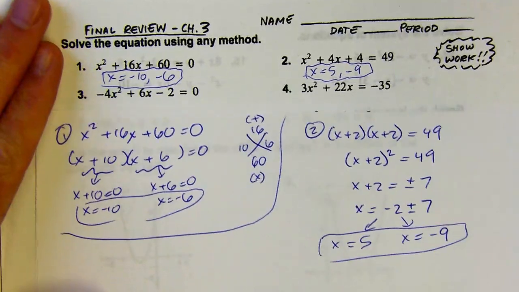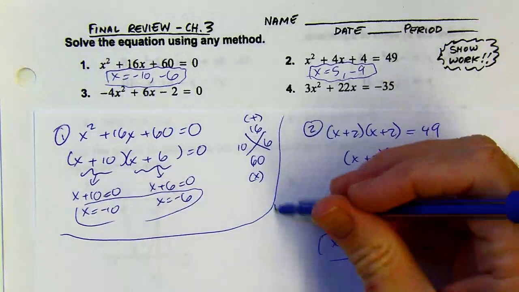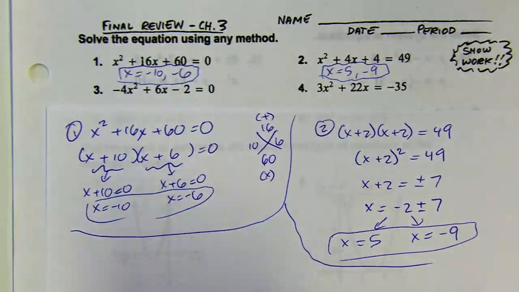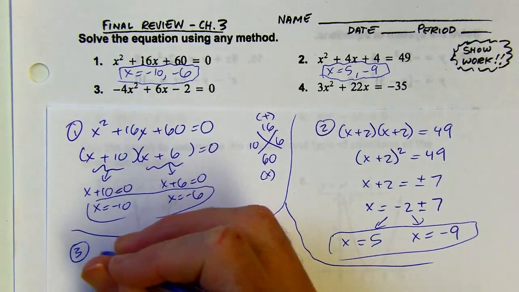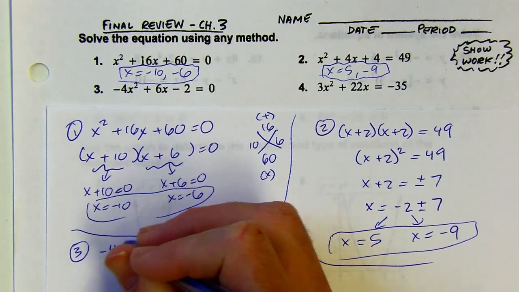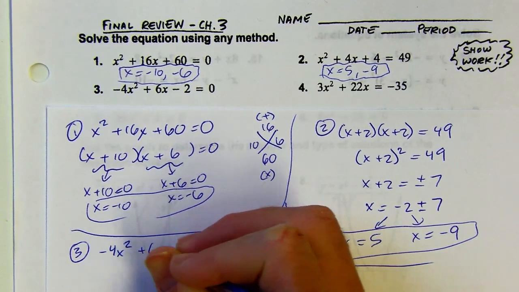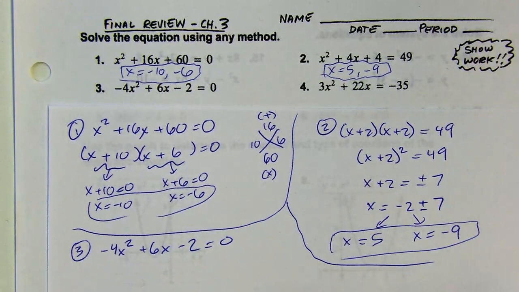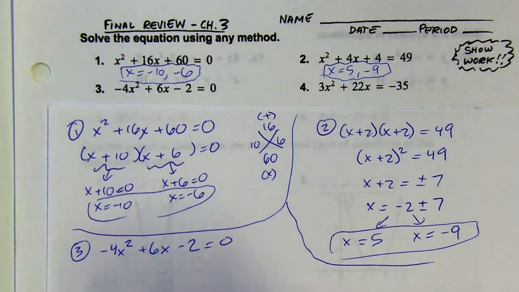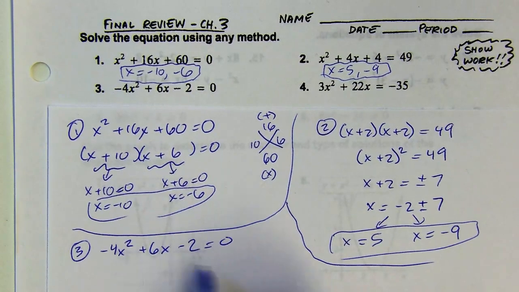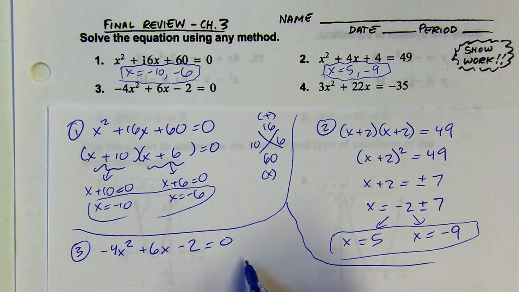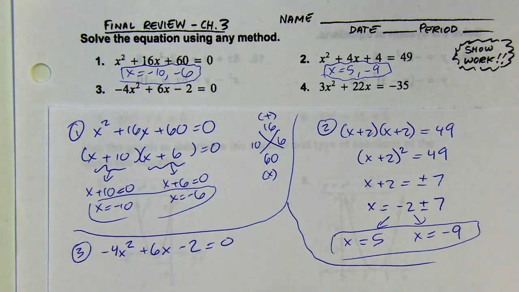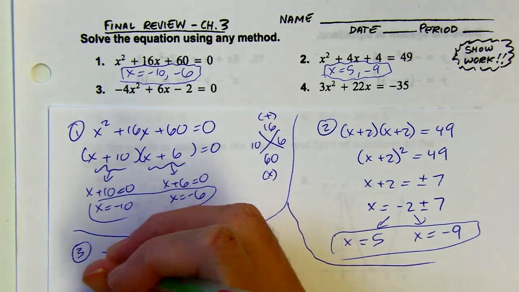Okay, so next up, it's getting a little bit more difficult here because I've got a coefficient in front of the x squared term. And my leading coefficient is negative, which makes things a little bit harder. Okay, I'm going to try to factor this. I'm noticing that everything's an even number, so I could just divide this whole equation by 2. 0 divided by 2 is going to be 0, and that's fine to do. But I'm actually going to divide everything by negative 2,